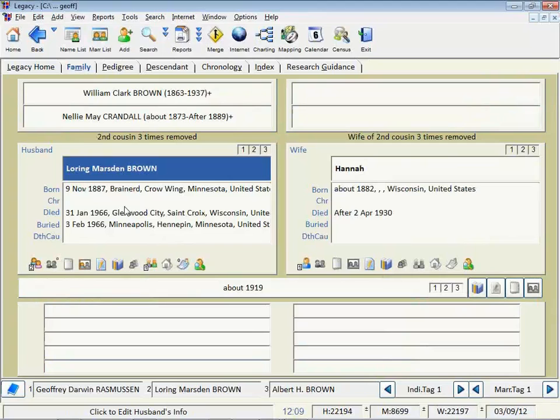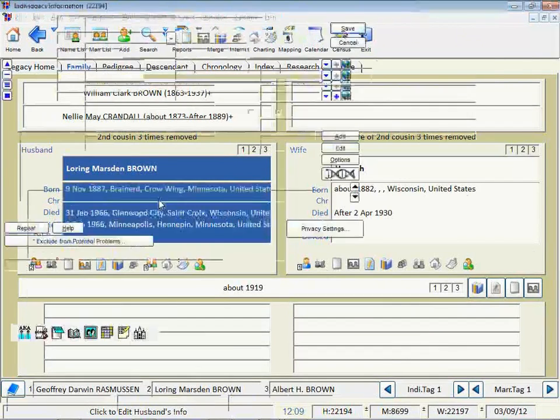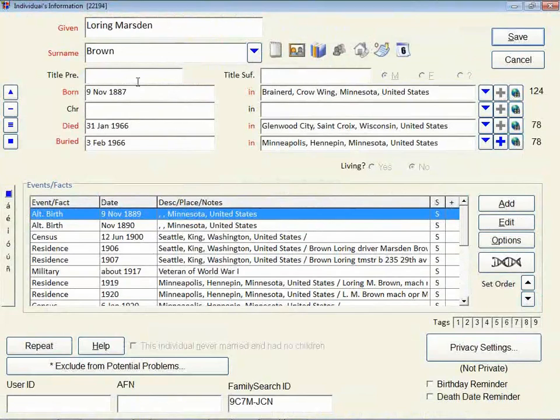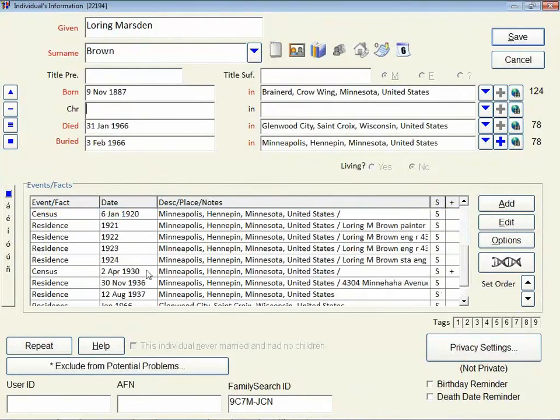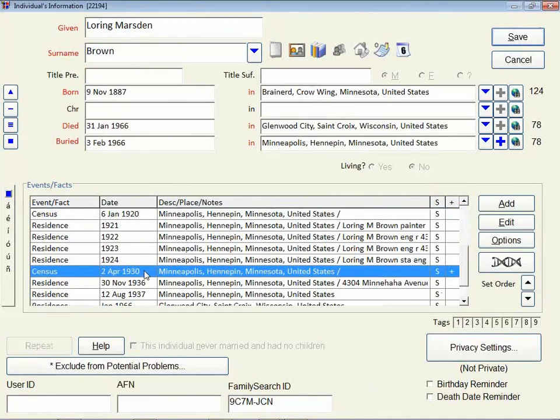Well, once you find information from a census, you'll record that information. Let me just open up Loring Brown's data entry screen here, and I'll click right here. And so you may record a new name or a new date or a new place. And as you've watched me in the Watch Geoff Live webinar on adding a census record, you have some guidelines on what you could do with census information. And so when you add a new census event, as was described there,